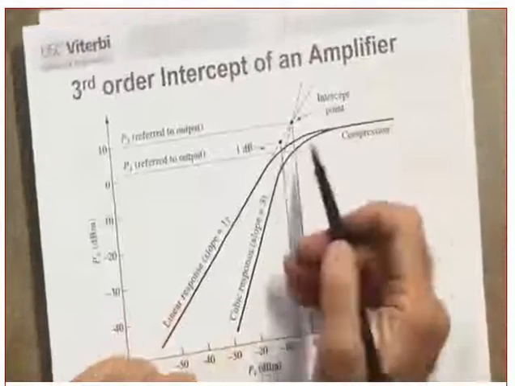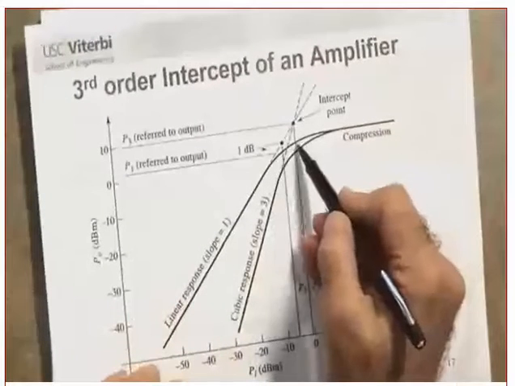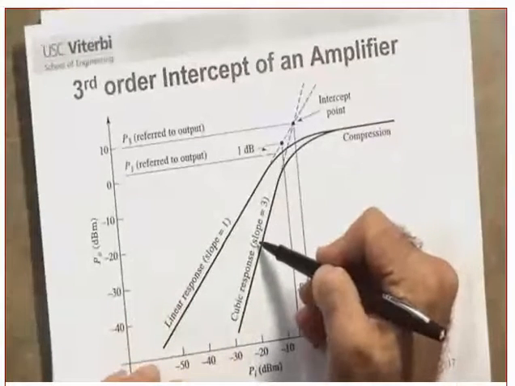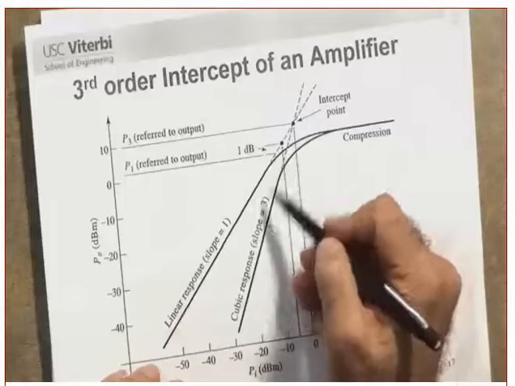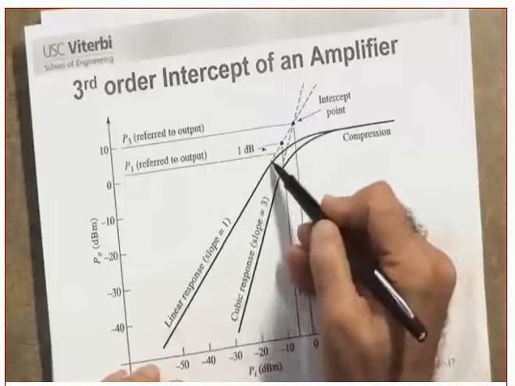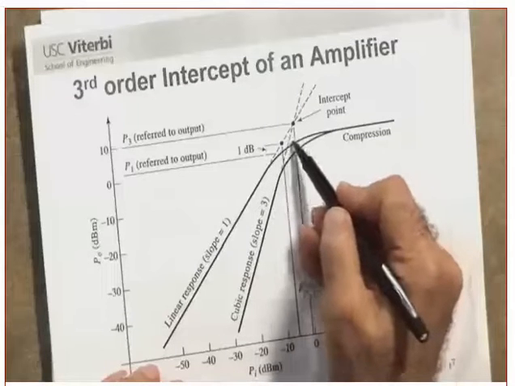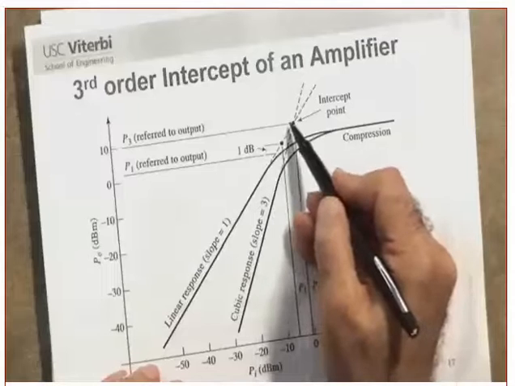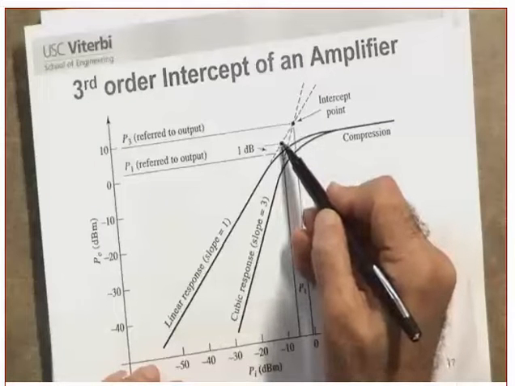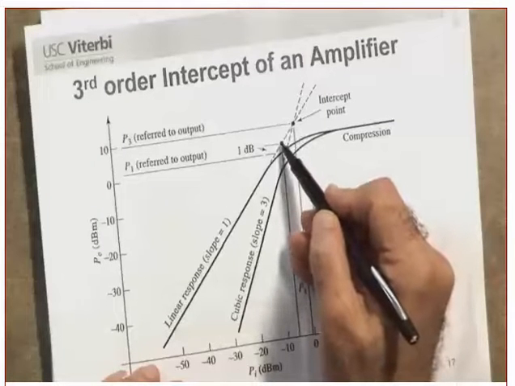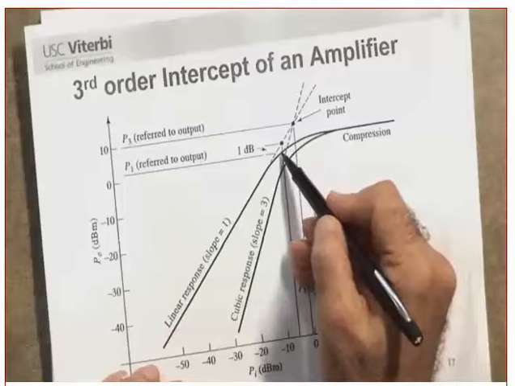This is it. Don't worry about this one; this is for the third harmonic, third intermodulation. Concentrate on this one, which is for the fundamental. You can see that the graph has deviated from the linear side. The point at which the power difference between the linear and the actual curve is 1 dB,